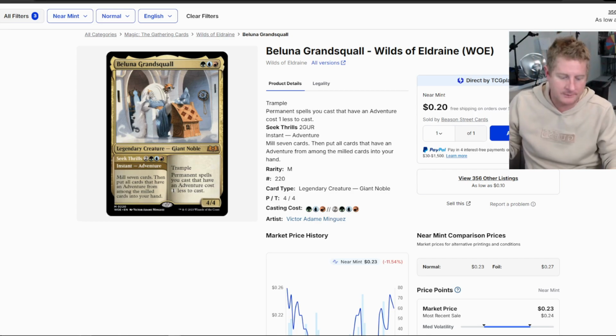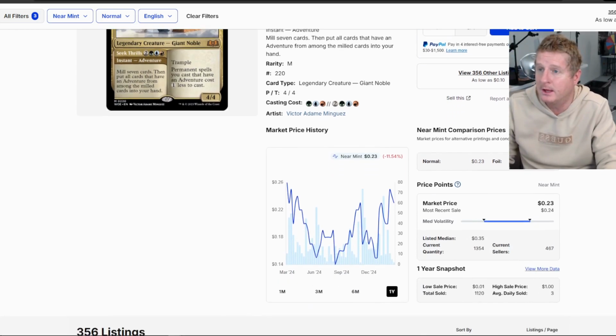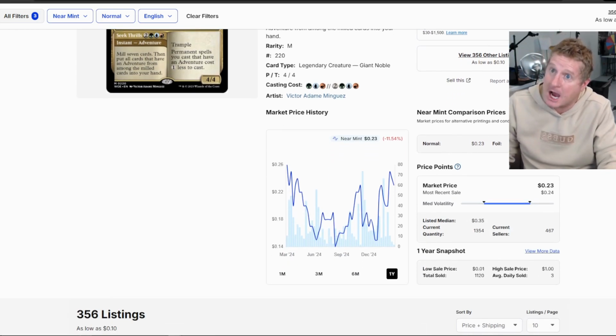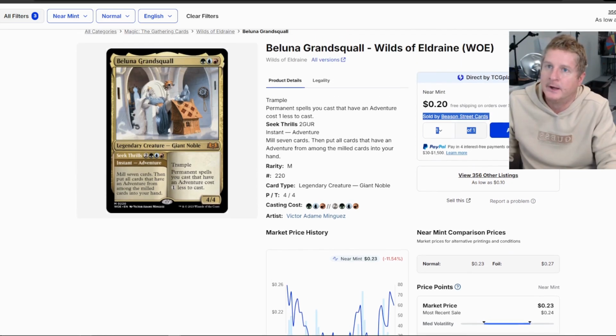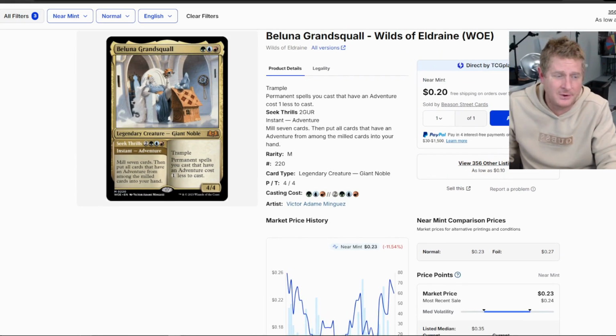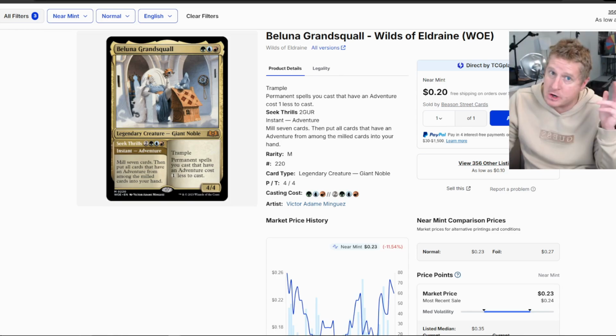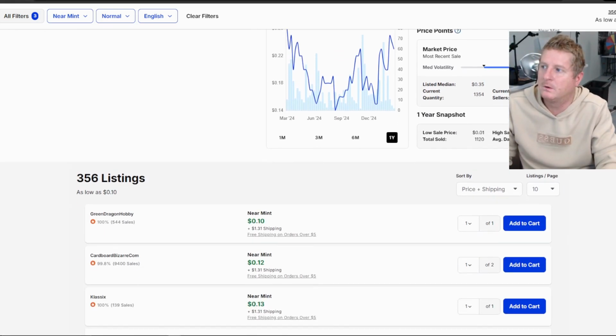Not a whole lot, but if it goes up 200, 300%, hot diggity dogs, I probably won't sell until it's like $1.50, $2. But I paid next to nothing for them, under 30, 40 bucks. Probably under 30 bucks. So